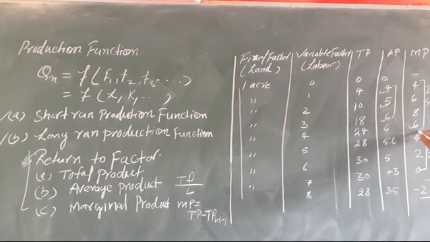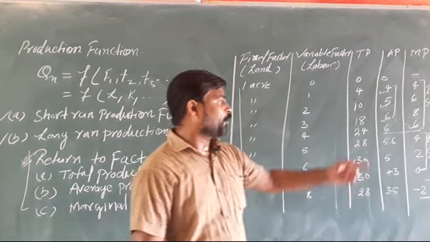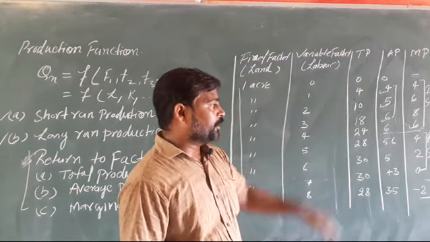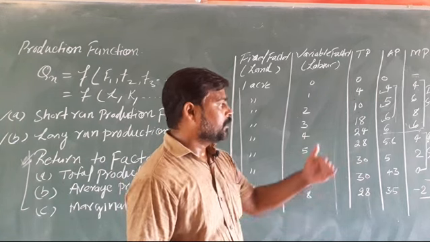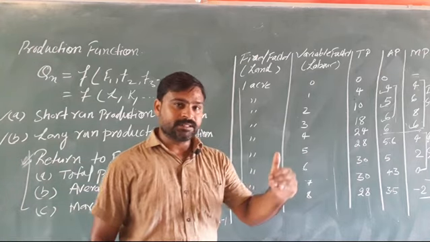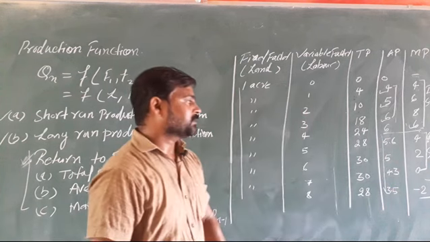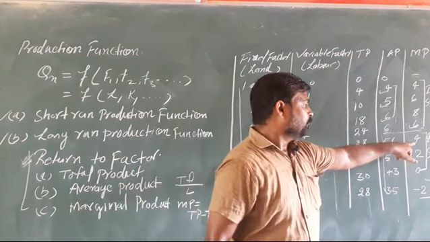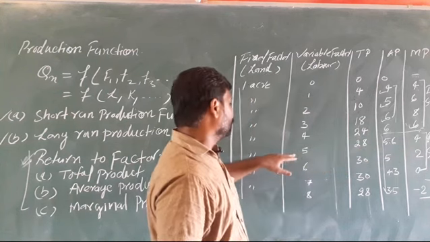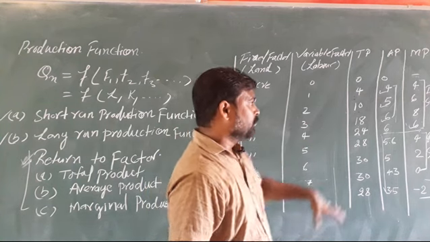When average product is equal to the marginal product, average product will be constant, where the marginal product is equal to the average product. And when the average product is more than marginal product, or you can say when the marginal product is less than average product, average product starts decreasing. Now average product has started to decrease from 4 when the marginal product is 4, and when the 5th unit of labor has been introduced. So these are the relationships.